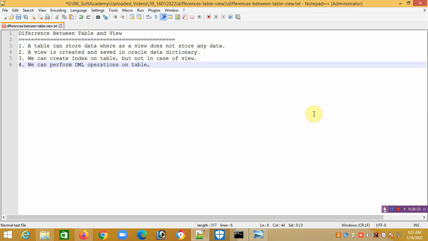So we can perform DML operations on a table, but on a view we can perform them only if the view is created on a single table. Okay,